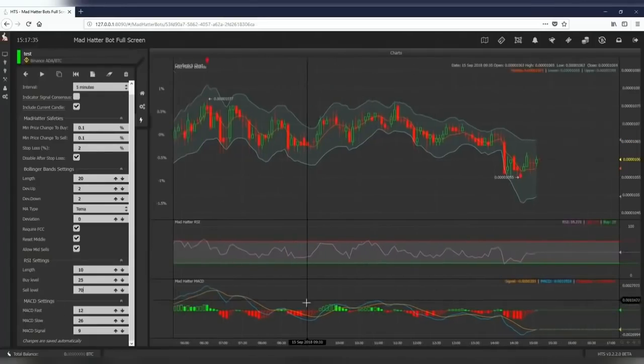And finally, MACD. MACD is, like I said, about convergence. So you're looking for areas that look like this, or right here, before the two lines